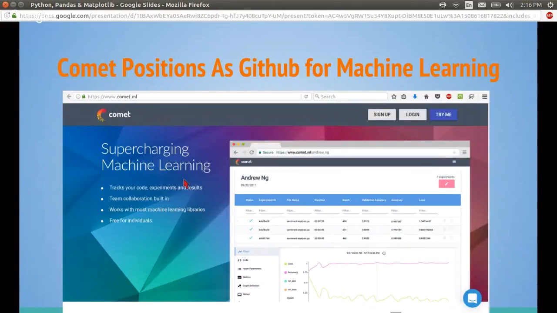Does everybody know Andrew Ng? He's a Stanford professor, and I think it's one of the more challenging machine learning Coursera courses. If you're familiar with GitHub, this is trying to be the GitHub for machine learning projects. There's something in the health sciences, I forget the name now, that is pretty cool. It's the same type of thing where it lets you set up experiments and publish your data set, and then other people can go run your experiments. So this looks like it's trying to be that for machine learning. I just forgot to mention that in the last hour.